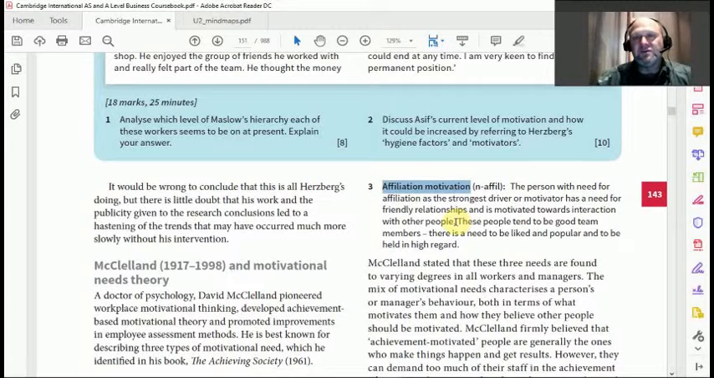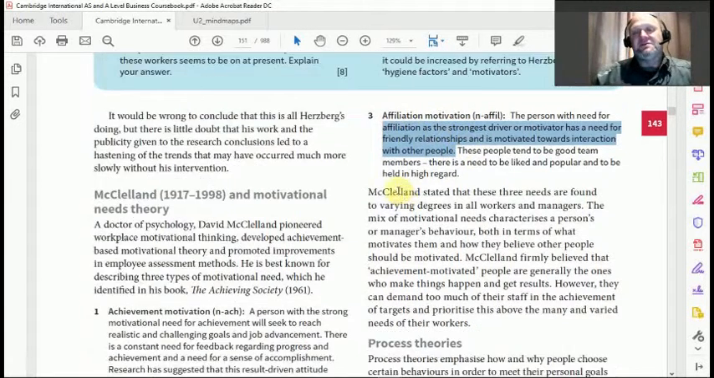That's why you choose the friends you choose, because there's an affiliation. You feel like there's a strong driver towards that person or that group. These people tend to be good team members, and they need to be liked and popular to be held in high regard. So not everybody is affiliation motivated. Some people are